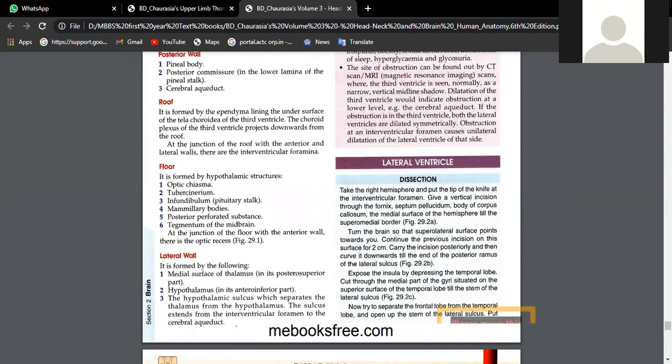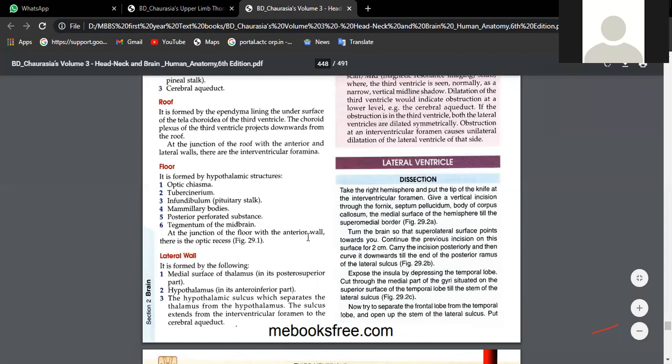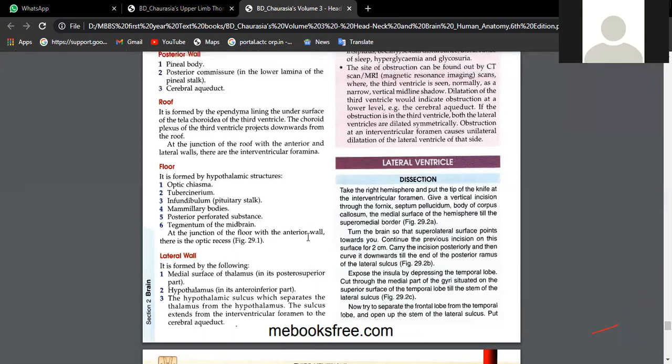Okay, what is motor speech area, Chavi? Area number 44 and 45. Okay, which is concerned with motor speech. Okay, now we'll go with upper limb questions. We'll open upper limb now.